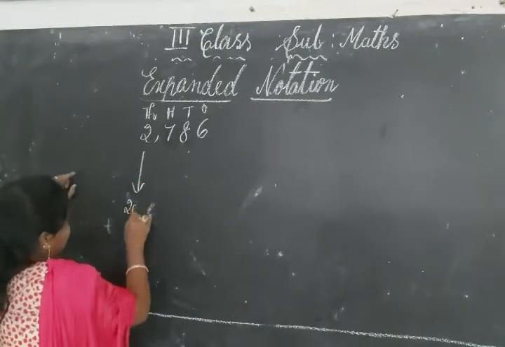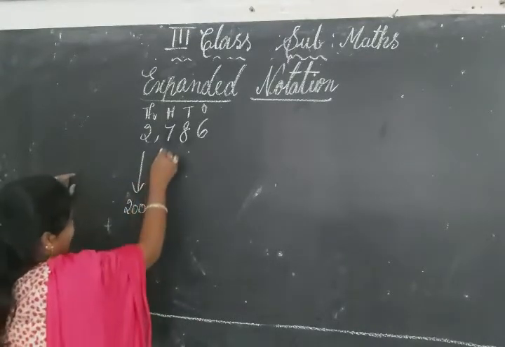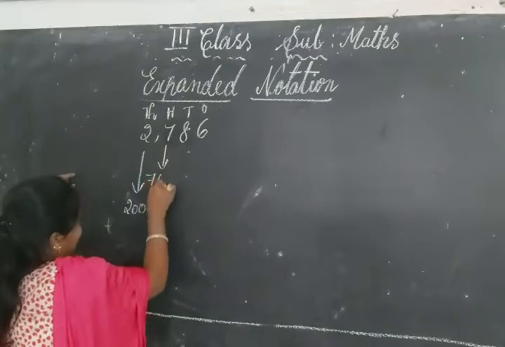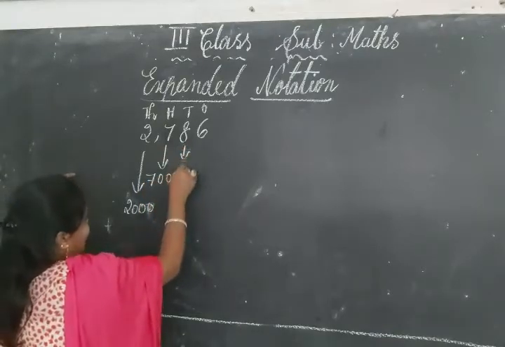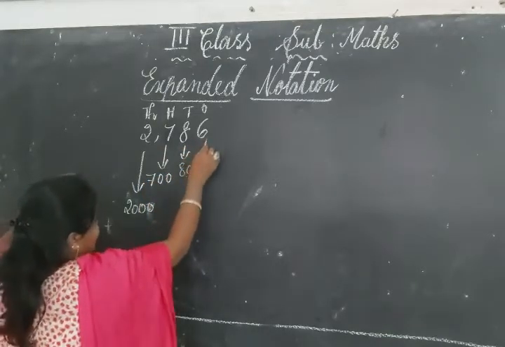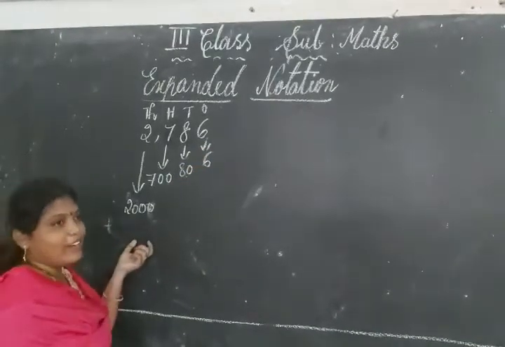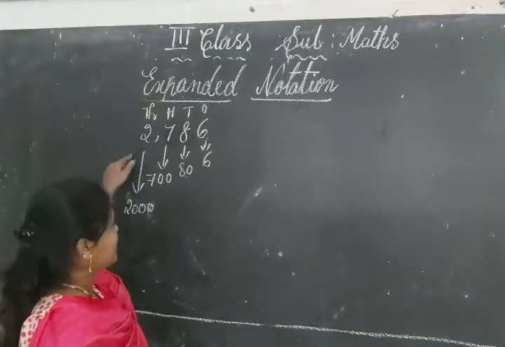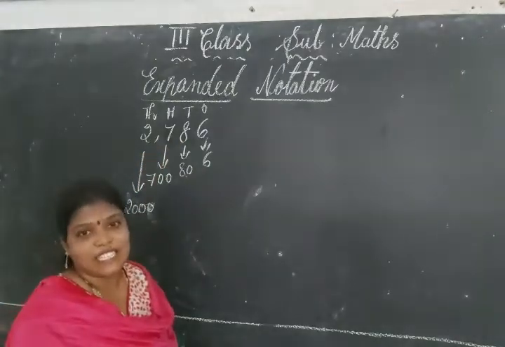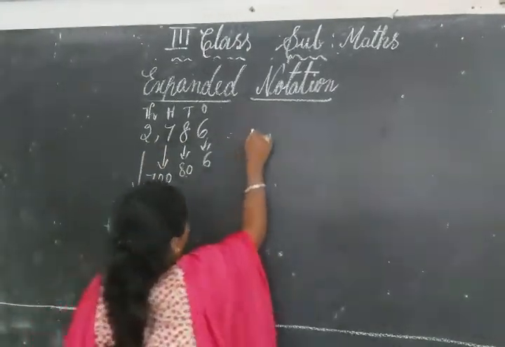The place value of 2 is 2000, and the place value of 7 is 700, and the place value of 8 is 80, and 6 is 6. So the expanded notation of this number 2786 is 2000